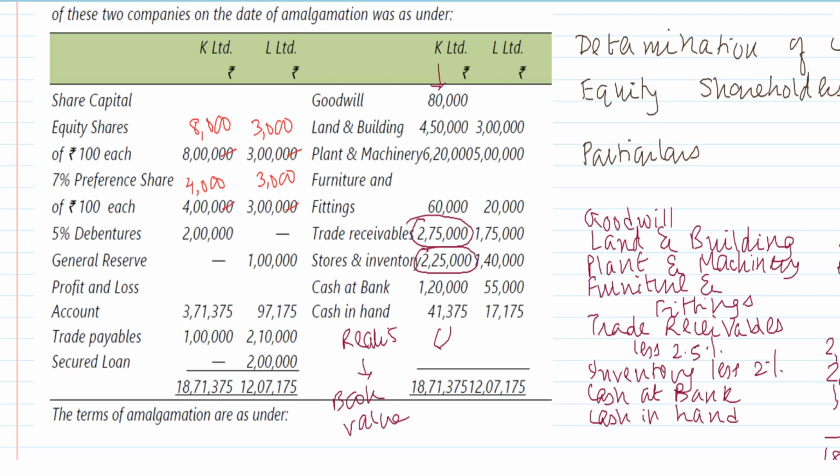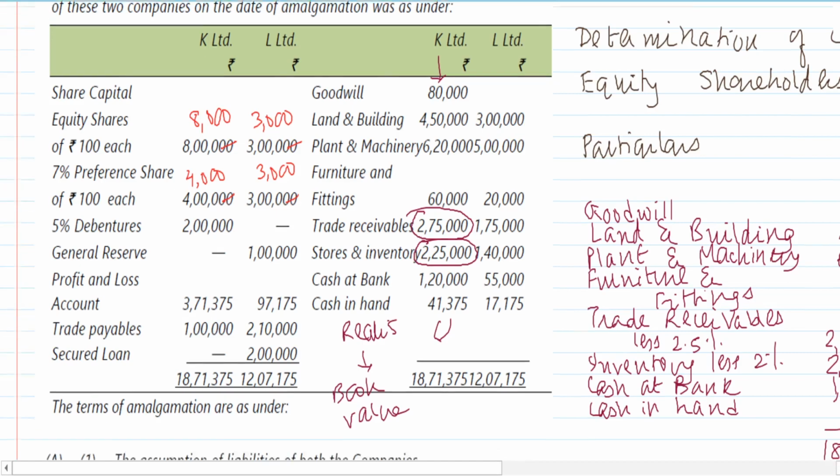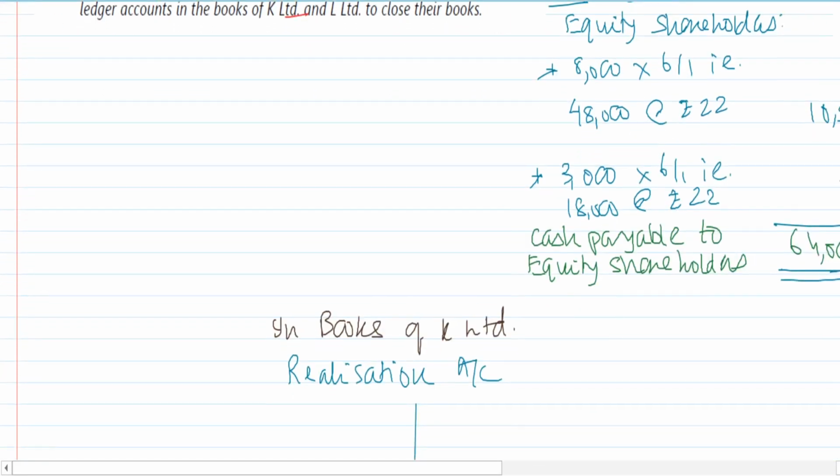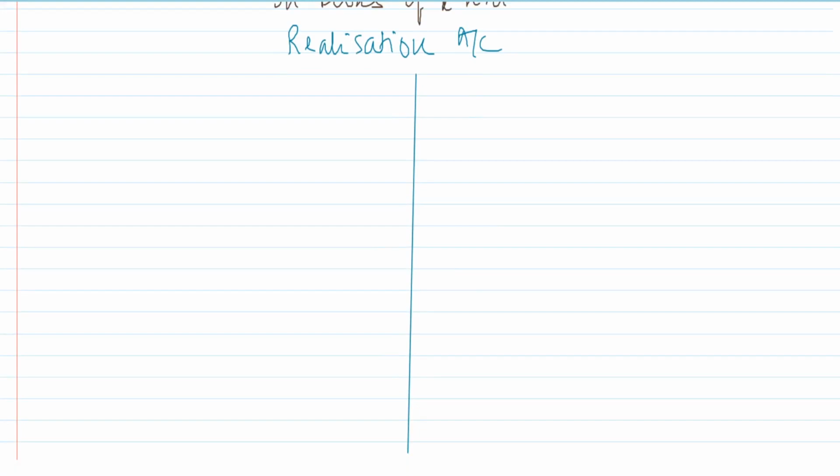It has to be compulsory at book value. Again, I will repeat, the reduction of 2.5% and 2% was done outside the books only for the purpose of finding out what is the real value of the asset. As far as my accounting entries are considered, it will happen at the book values only. So I will transfer all the assets to the realization. My accounting entry will be realization account debit to the different assets, isn't it? So realization account debit. So I say to goodwill account, start transferring the accounts to goodwill account,